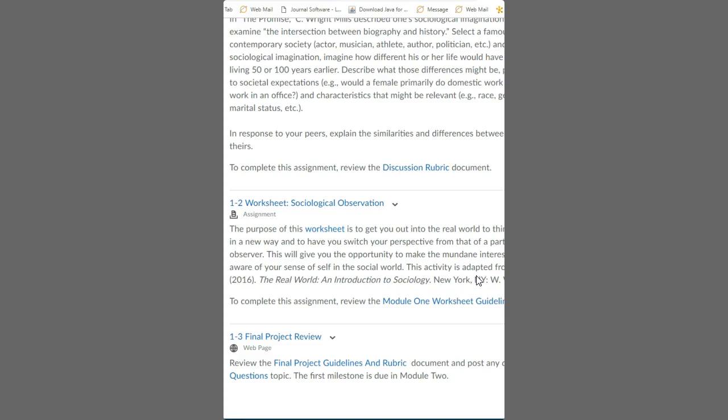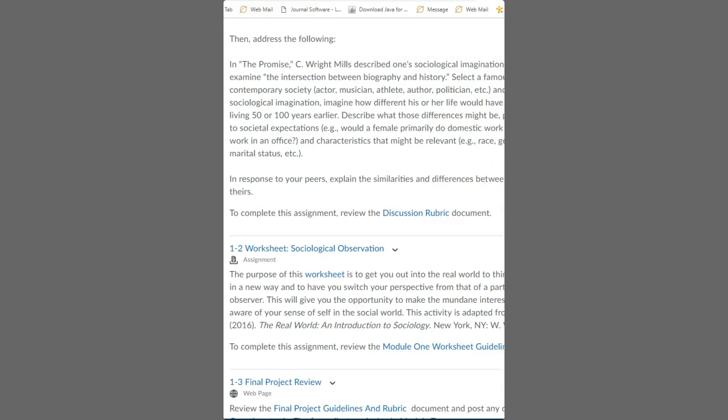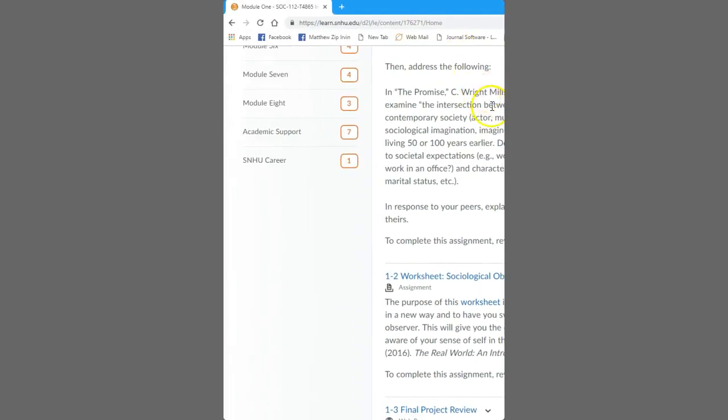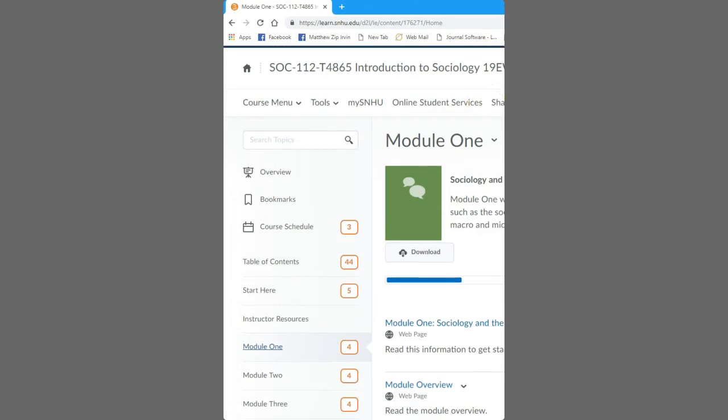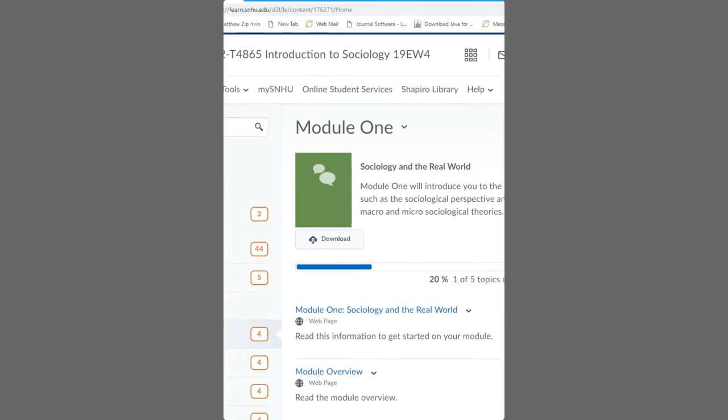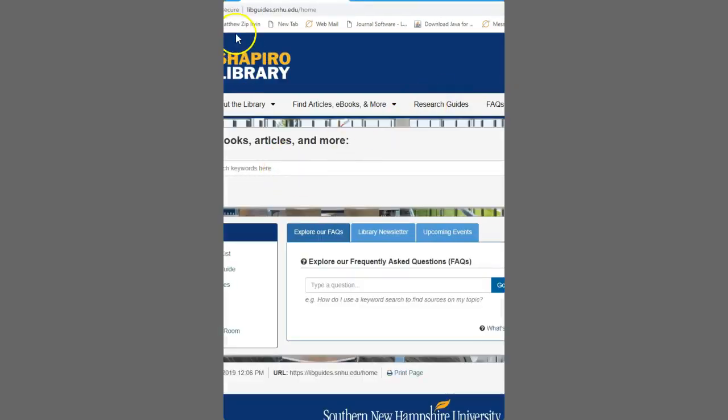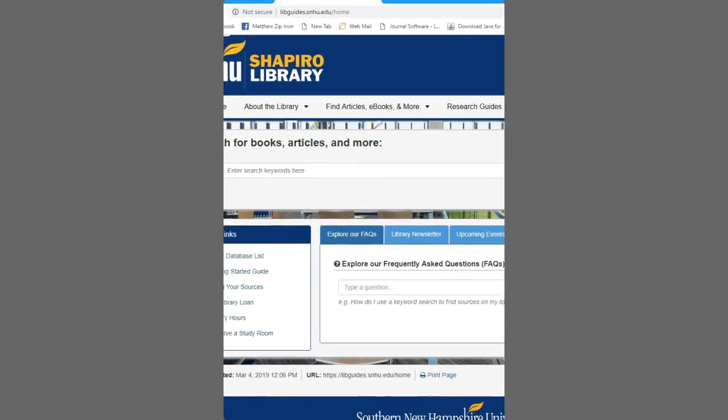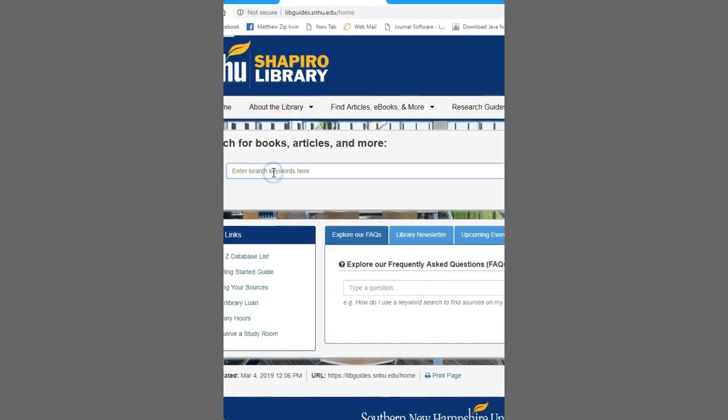Please go to the library homepage, and that'll be over here. We can go back up here, and it's called Shapiro Library, right? If you go over here and you look, and you type in the keyword APA